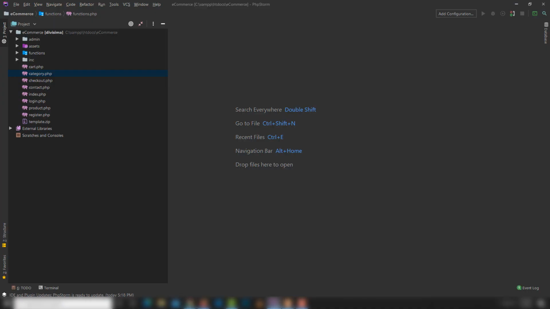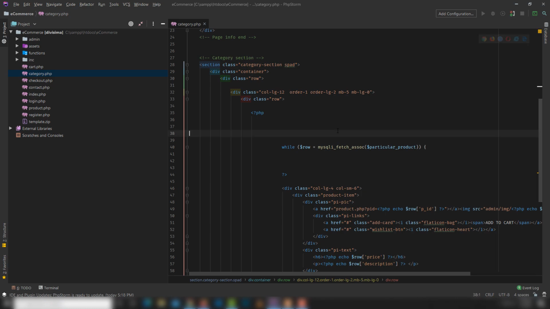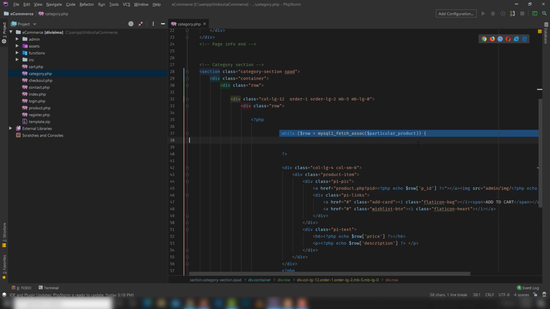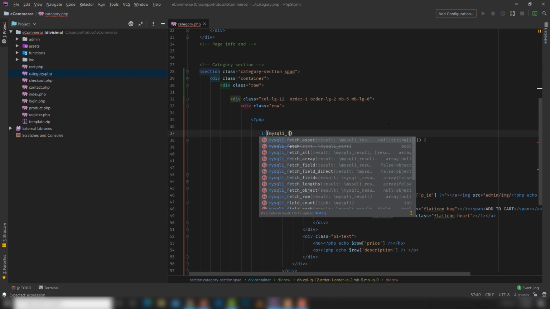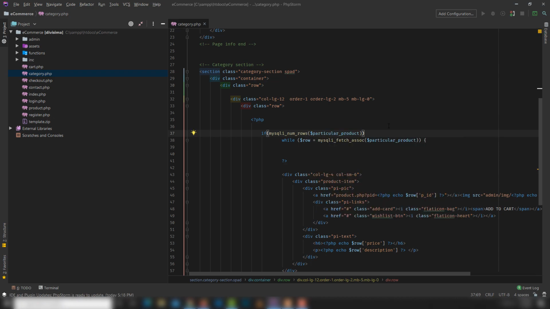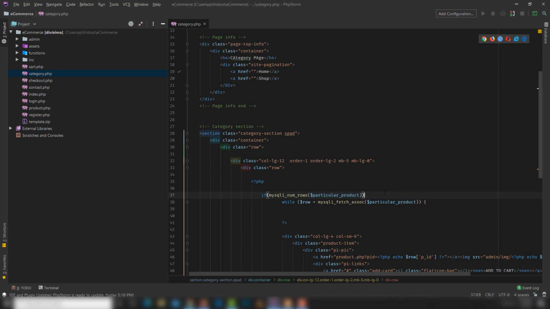So first, you need to go to your code editor and open the category.php page. Inside there is this while loop. Before the while loop, you need to write a simple if statement and call mysqli_num_rows and pass the parameter, the particular products variable. We made this variable above, right? You need to pass this variable,